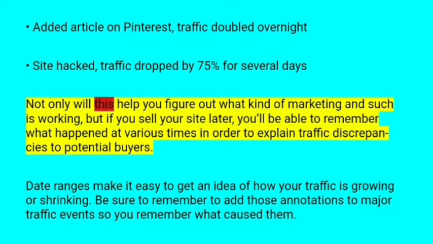Not only will this help you figure out what kind of marketing and search is working, but if you sell your site later, you will be able to remember what happened at various times in order to explain traffic